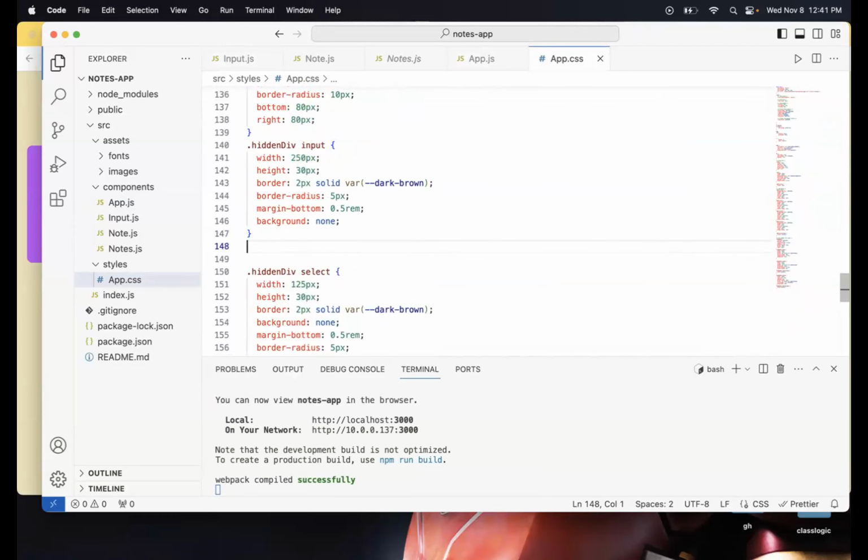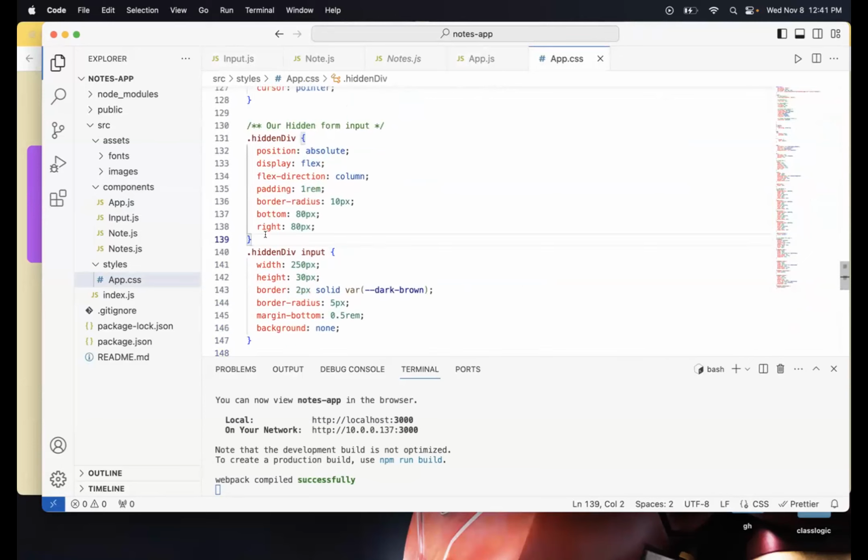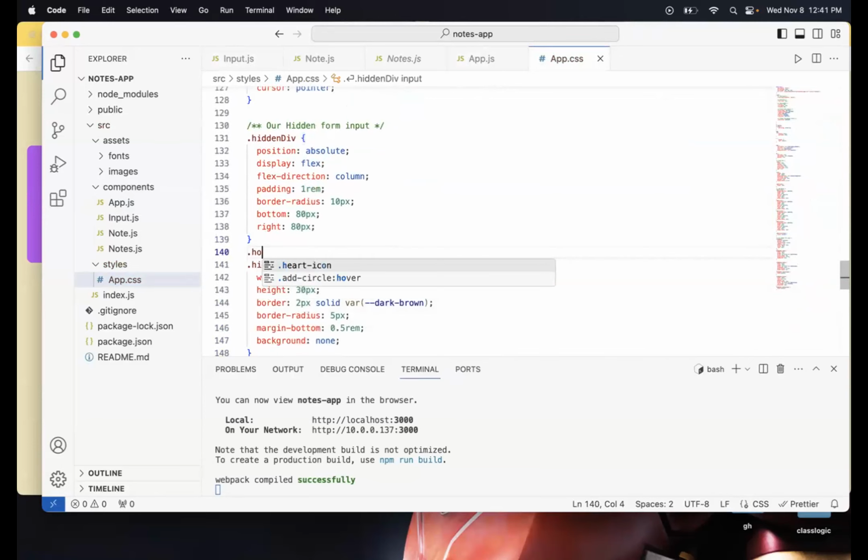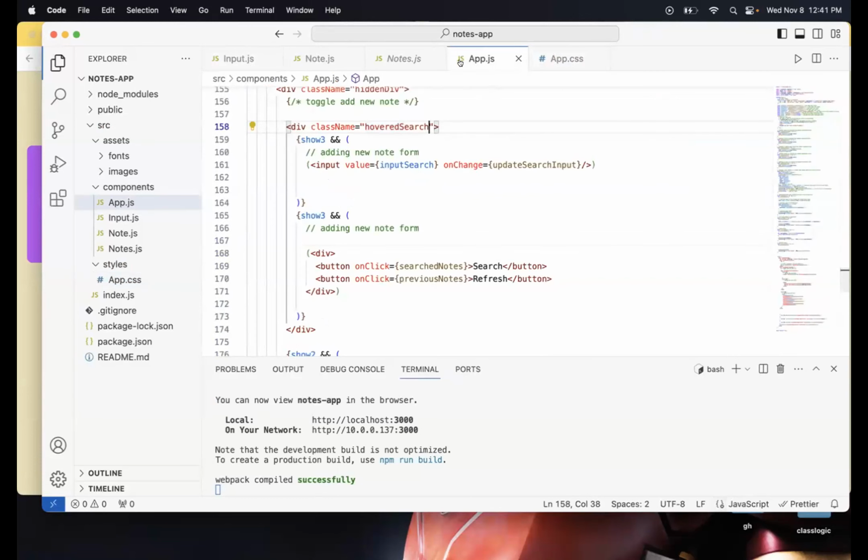Now, let me create a class for hovered search. Is that what I named it? Yep.